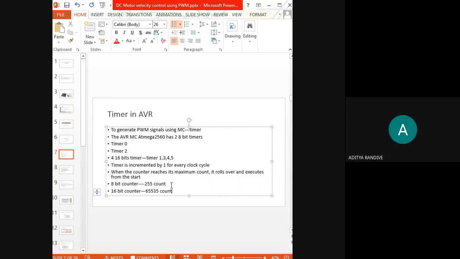Yes, ma'am. ठीक है, सो ये काउंटिंग क्यों होता है? To just see how many clock cycles are required to complete that movement, either of going ahead or coming behind, or taking right or taking left, whatever it is. And how are we controlling the speed? We are controlling the speed by using these timers for generating these PWM signals.